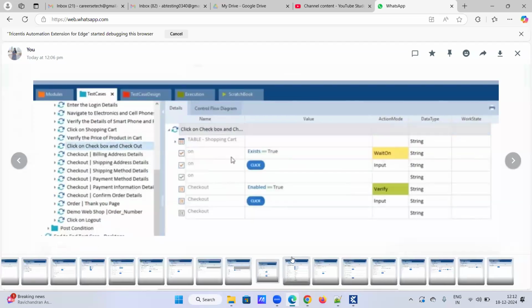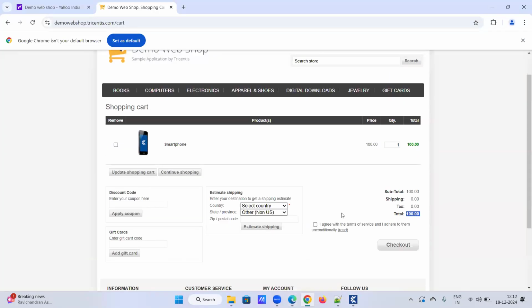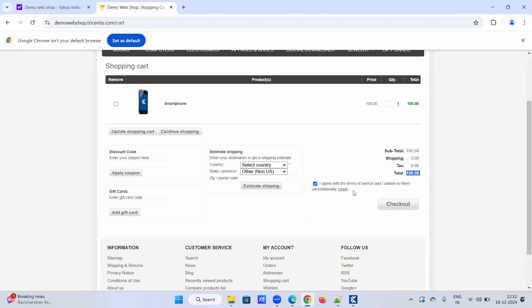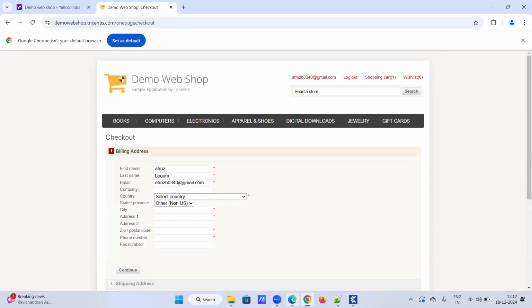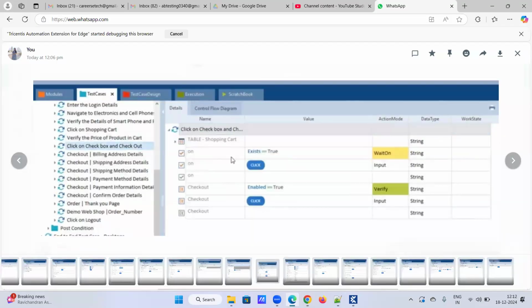And next, click on the checkbox and checkout. Just click on the checkbox and checkout, right? Next,